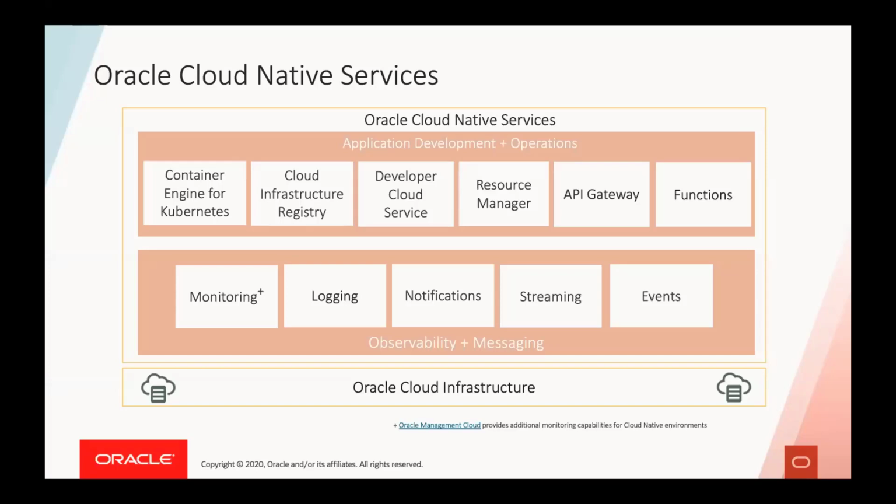The ability to run your infrastructure as code. This lets you run your own Terraform stack in the cloud through our Resource Manager UI. Functions and several other services that will assist you with the most demanding workloads. And since OCI and OKE are based on open standard services, you're more than welcome to bring your own open source software to use along Oracle Cloud Native Services.